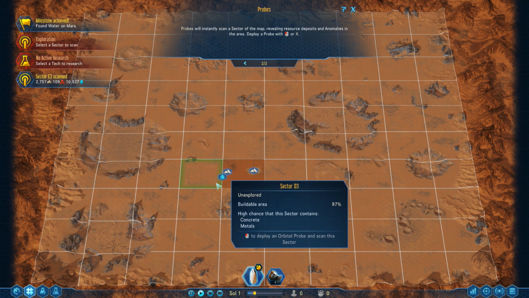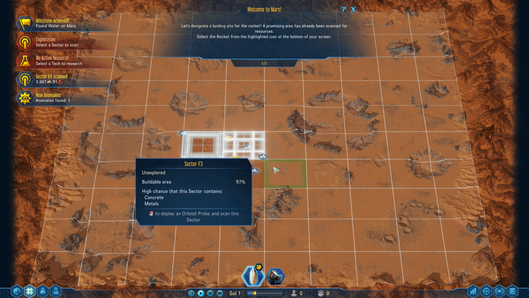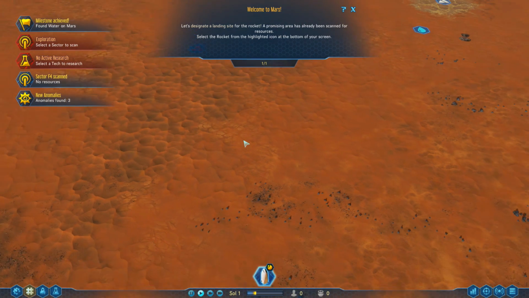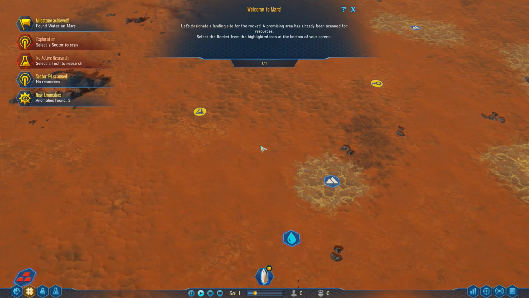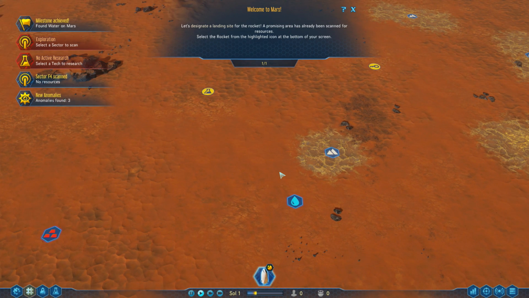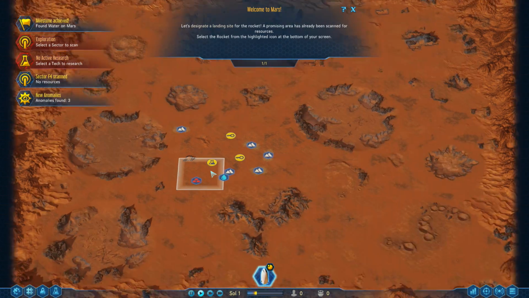Let's go ahead and scan. Ooh. All sorts of stuff and things. So, some other stuff and things we didn't know when we first started off. Obviously, water is going to be something that we're going to want. Let me zoom out here again. We've got